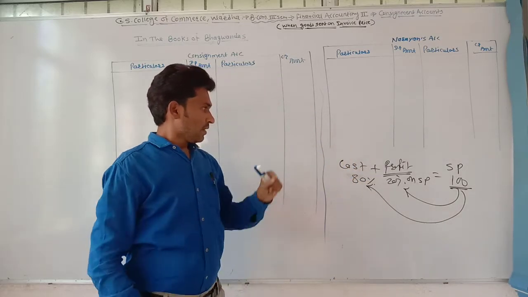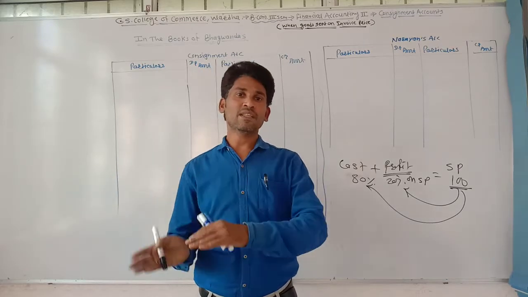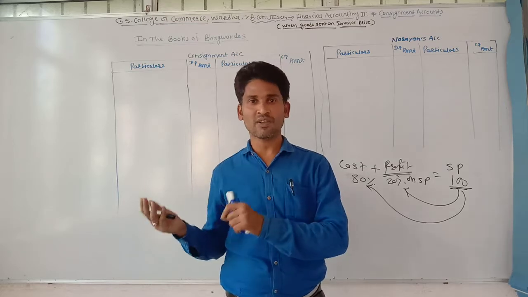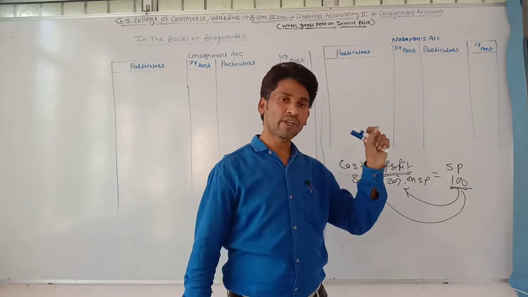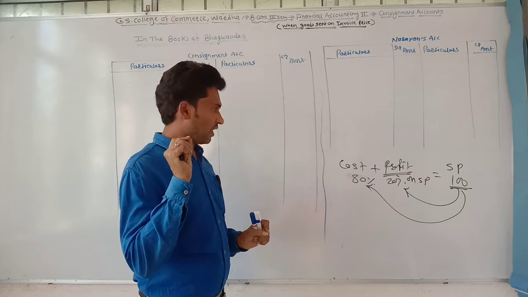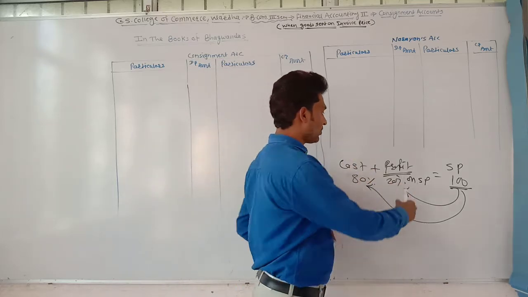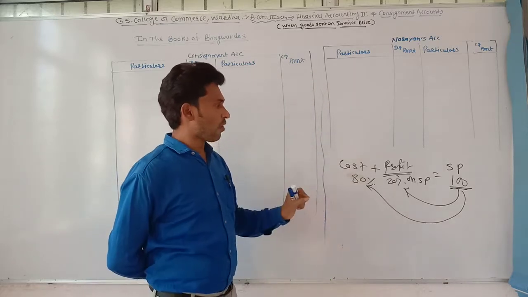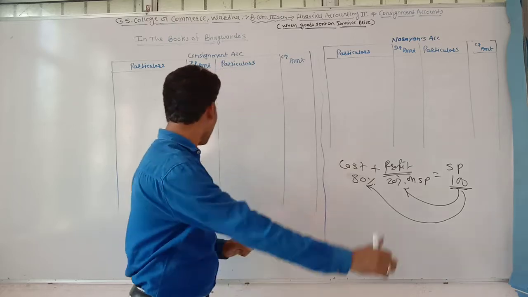There are two types of profit when the consignor sends the goods on invoice price. It will charge the profit on cost price, or it will charge the profit on selling price, or invoice price. So we need to check and confirm on which amount the percentage has been charged. In this example, the percentage of profit has been charged at 20% on selling price.